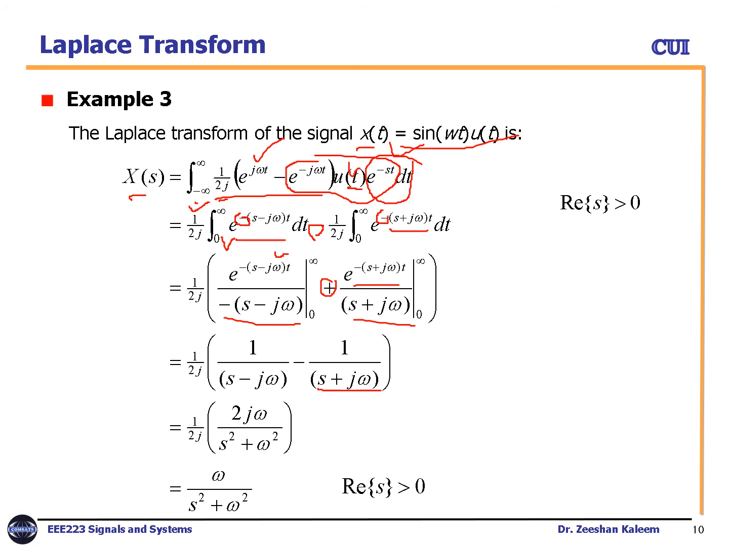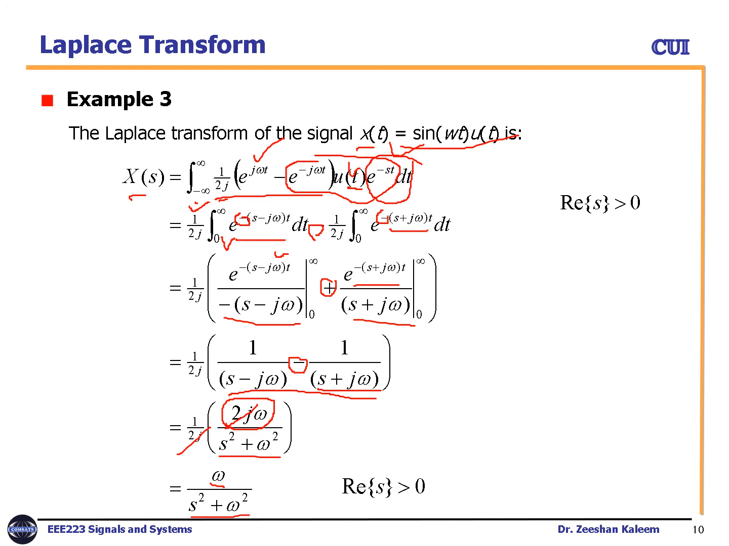Because infinity first one is 0, and then you put minus second one. So due to this minus, you have a negative sign here, right? Now take the LCM. The LCM of (s minus j omega)(s plus j omega) is s square plus omega square, and from here you will get s plus j omega, and from here you get minus s minus j omega. So the s terms will cancel out, and finally you will get 2j omega here. And this 2j will be cancelled out, so you will finally get omega over s square plus omega